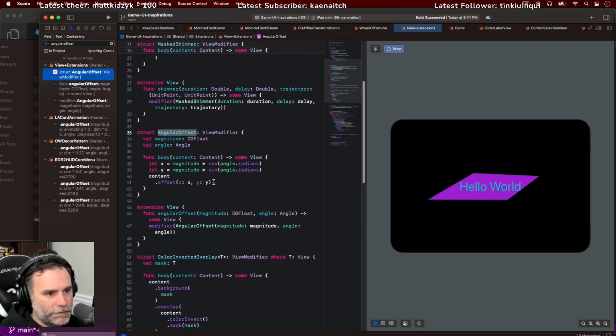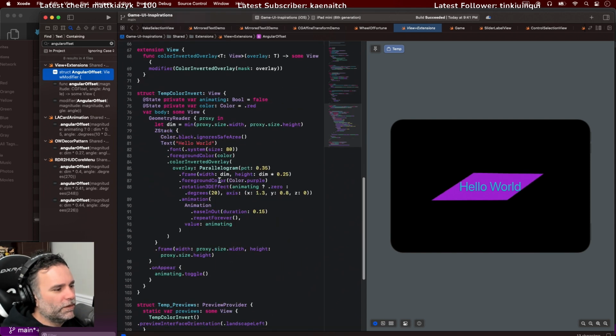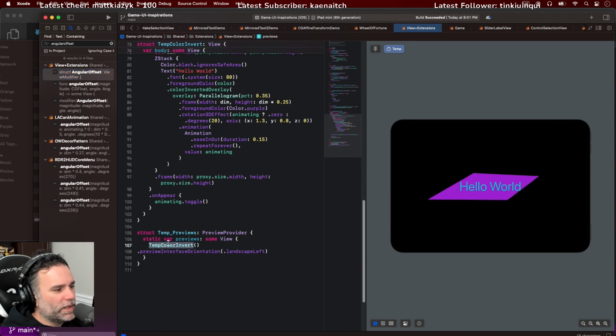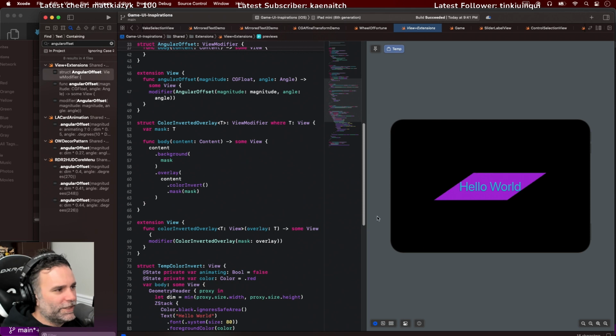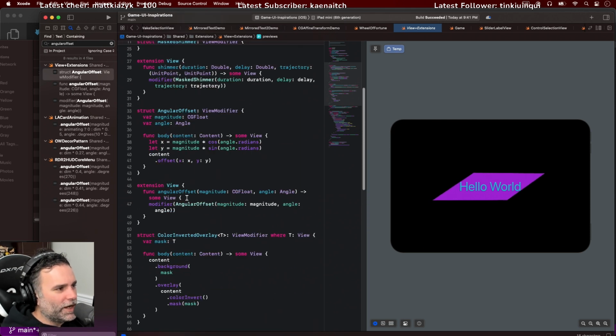Yes, so we did this for, I don't think that preview is representative of what we're looking at. I think this is a temp color invert. Okay, so pay no attention to this. This does not have anything to do with angular offset. Angular offset is a view modifier, so it provides us with a magnitude and an angle. So what we could do is